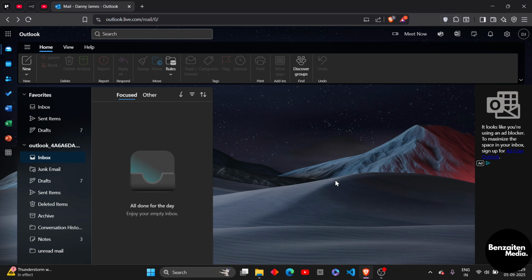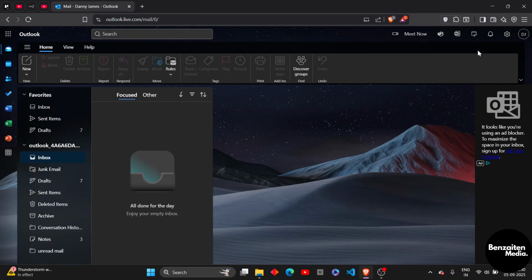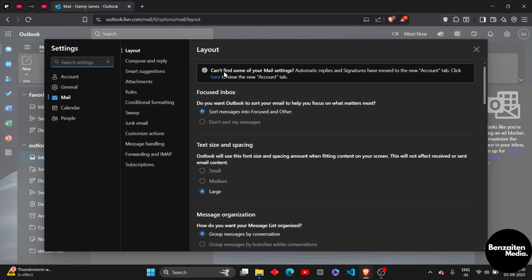In this video I'm going to show you how to change your default Outlook signature in Outlook Mail. So first you need to head over to your Outlook Mail from here, and then you need to log in with your Outlook Mail account credentials. After that, when you're redirected to the home page, on the right side you need to click on settings, and